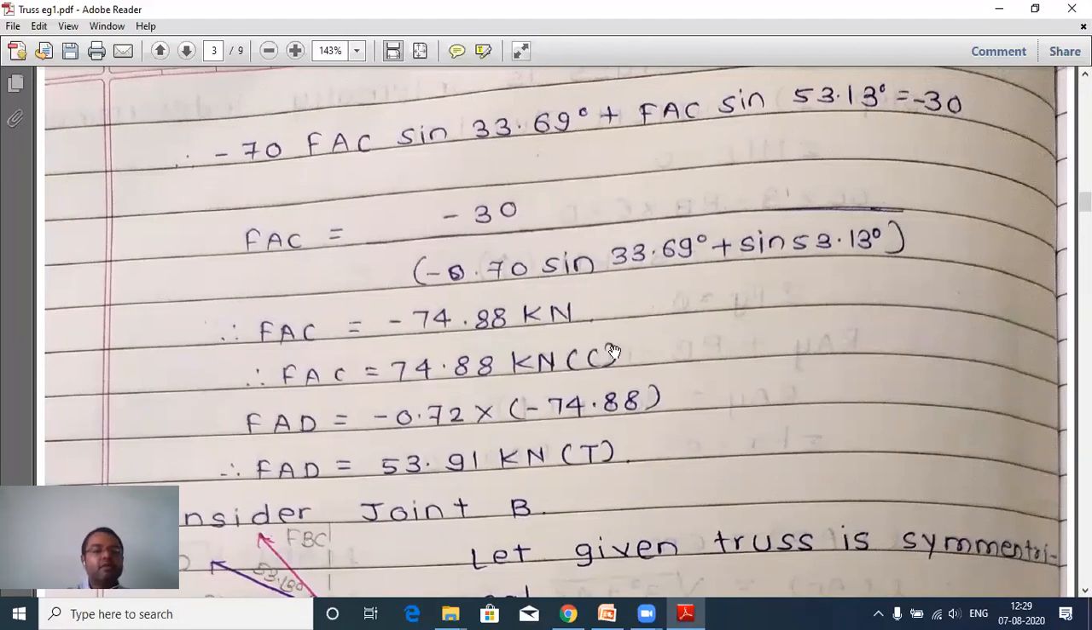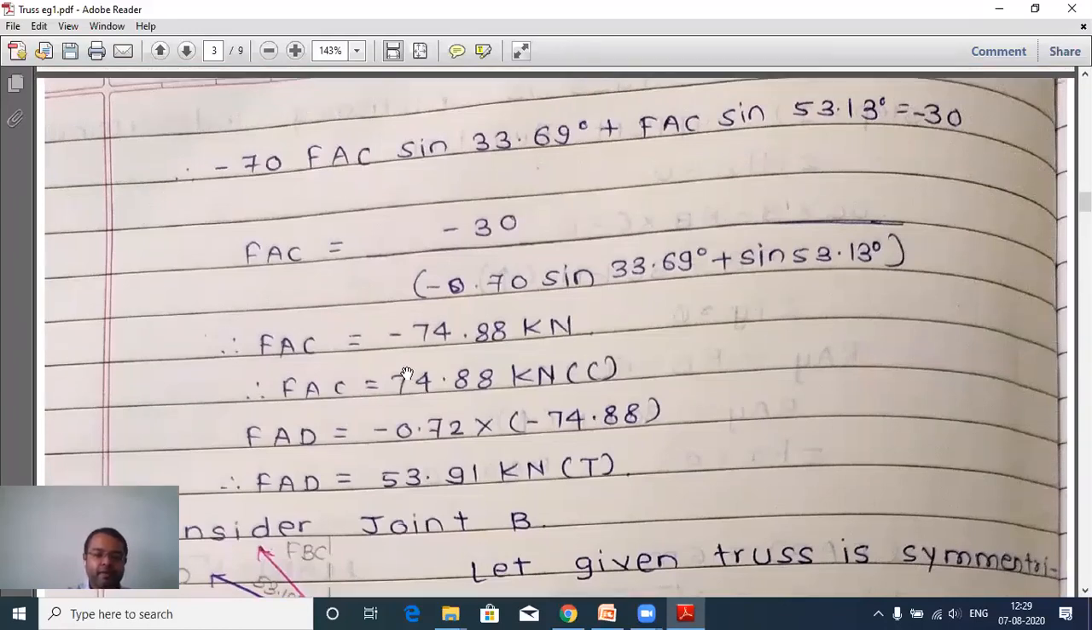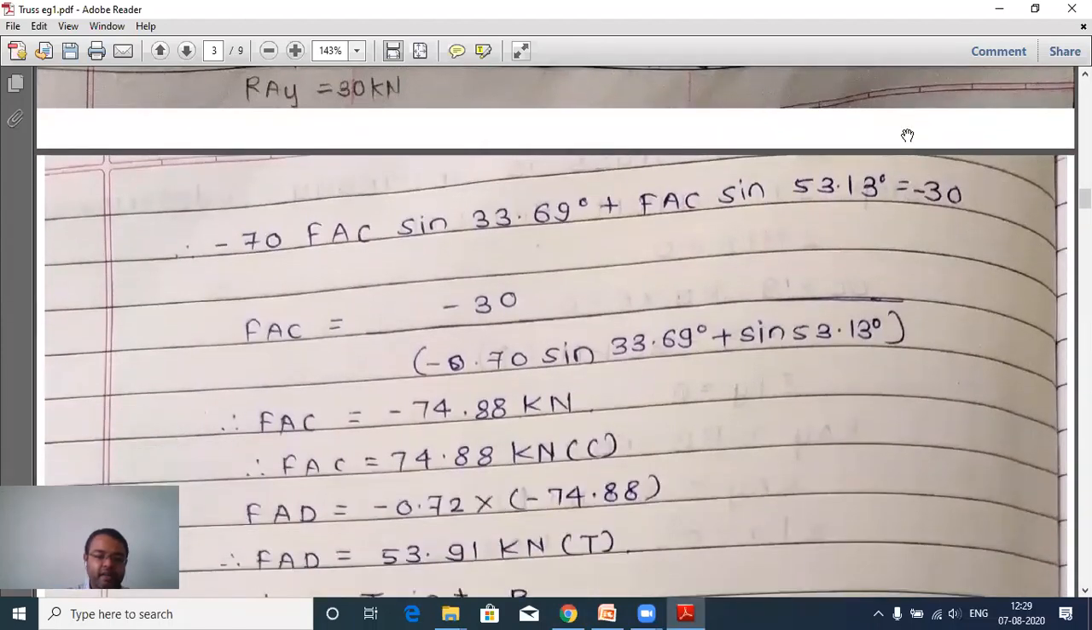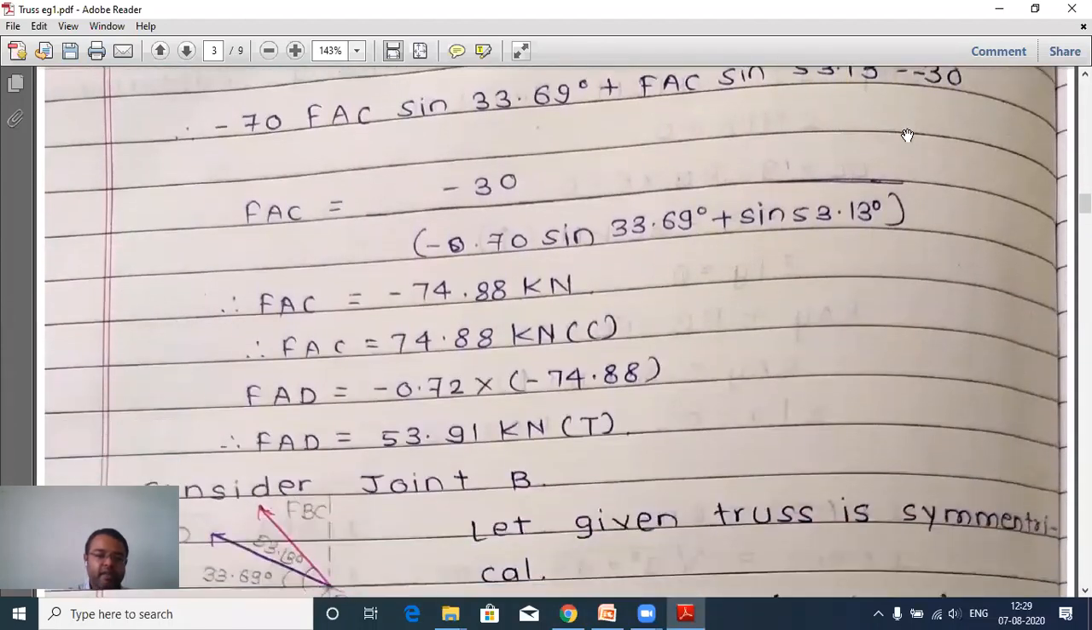Now put this value of FAC in this equation, and we'll get FAD. While putting the value of FAC in this equation to find FAD, remember we have to put here minus 74.88. Why? Because